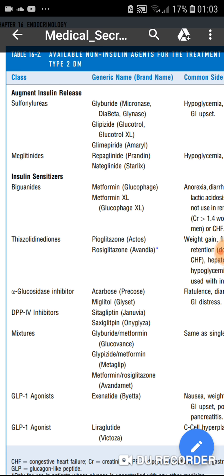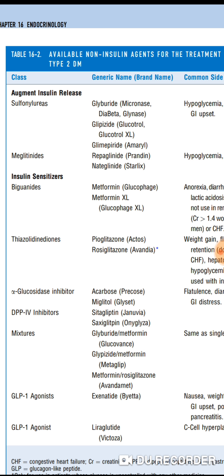Then we have another important category of drugs. These include the dipeptidyl peptidase 4 inhibitors, and these include drugs like sitagliptin and saxagliptin. So they are euglycemic, and you can use them in patients who are at risk of hypoglycemia, in which hypoglycemia can produce catastrophic